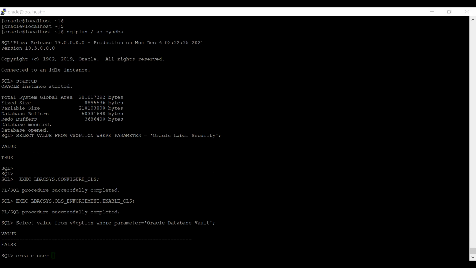The Database Vault account manager is only concerned with the creating and dropping of users. The owner would be the one enabling Database Vault and doing all the configuration, so the Database Vault owner would be more privileged.